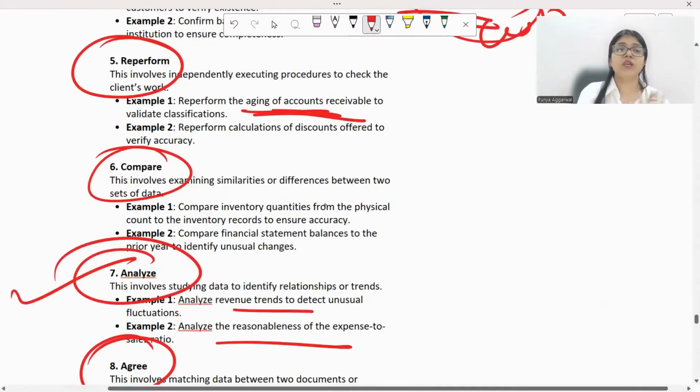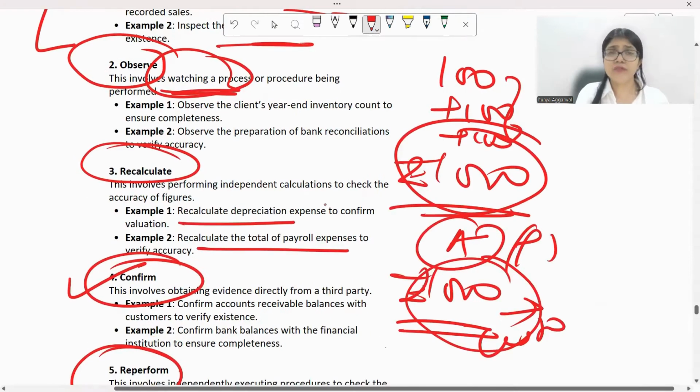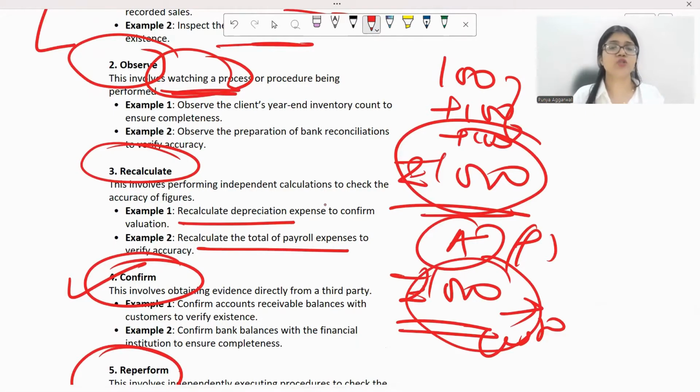Then we can also confirm that आपने बोला क्वेश्चन में कि we are going to do this, are you actually going to do this or no? Again, confirmation. So one situation you can use multiple verbs, but do not use wrong verbs. That is what I'm saying. You cannot say recalculate the depreciation from the WDV and straight line. No, that does not make any sense, right? Until and unless you have given some amounts also in this.